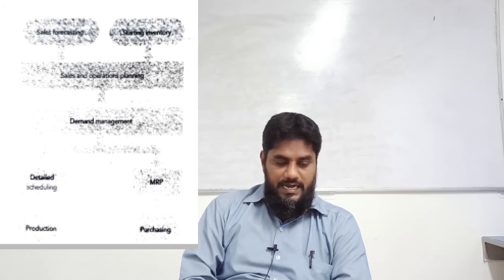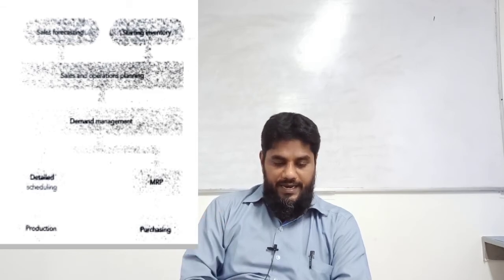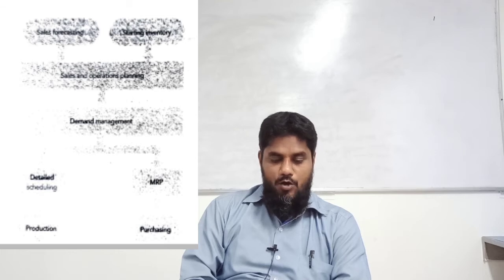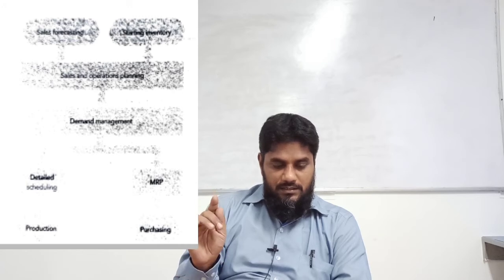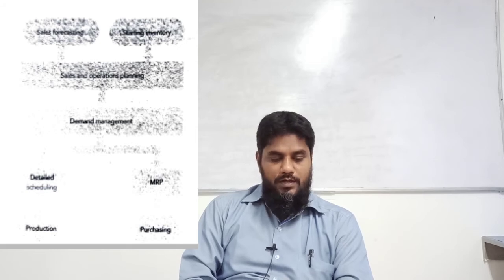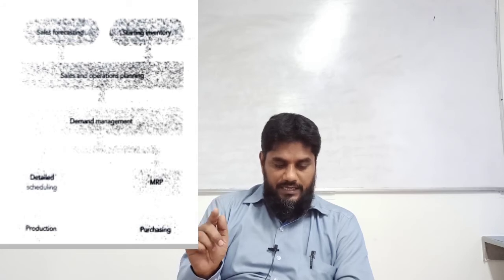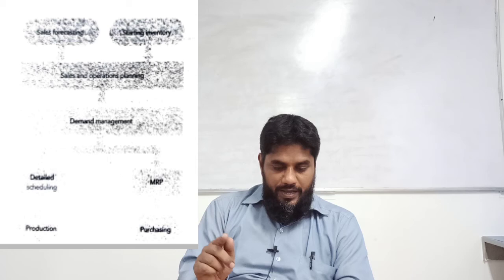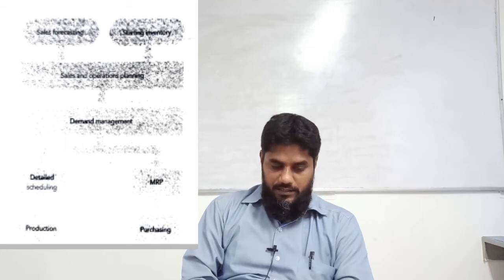Okay. Next one is sales and operations planning, SOP. Sales and operations planning is the process of determining what the company will produce. The sales forecasting and starting inventory levels in the diagram are inputs to this process. At first glance, it would seem that a company should just make products to match the forecasted sales, but developing the production plan can be more complicated because capacity must be considered.